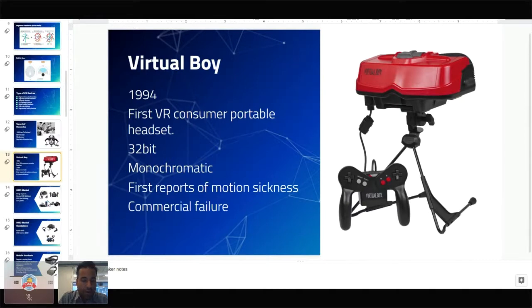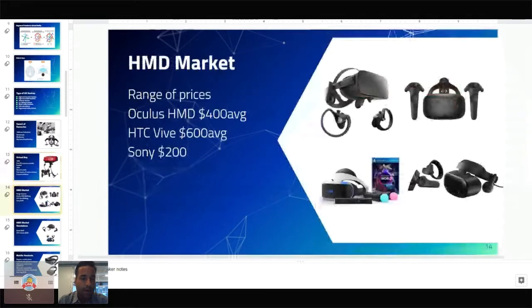So moving forward a few decades, this is pretty much what you can acquire right now. We have the Oculus line of products that goes anywhere from $200 to $400. We have the most enterprise virtual reality headsets, which are the HTC Vives that cost an average of $600.